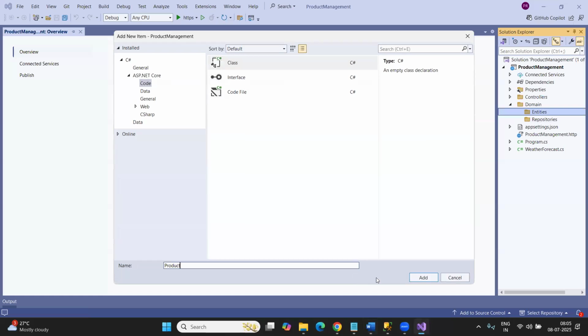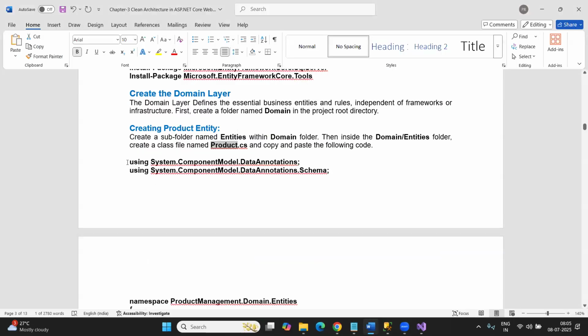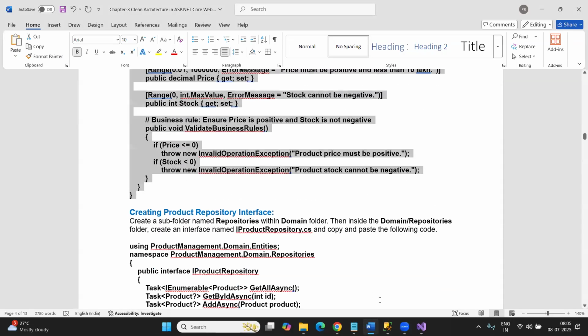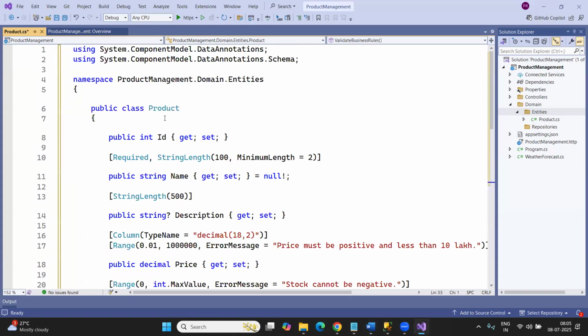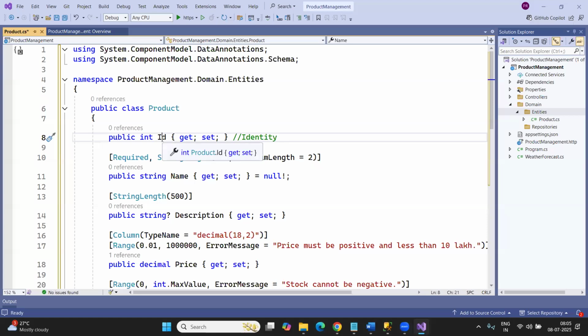This entity is going to contain my data, whichever is required for the database, and some validation. Some validation is also going to be there. So you can say this is my product entity, product ID. It is going to be my identity. Automatically this is going to be my identity because this is going to be the primary key and it is also going to be the unique identifier, and identity is also going to be there. By default, any property which is named as ID or product ID,